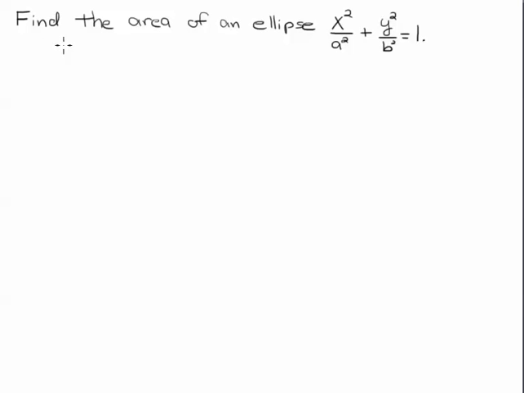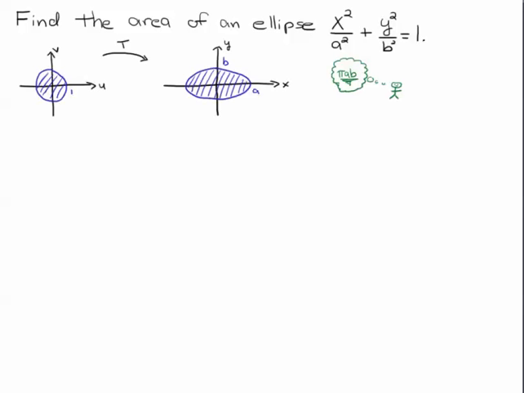Hello students, in this problem we're going to find the area of an ellipse. Now you may recall that the area of an ellipse is pi AB. We're going to derive that result where A is going to be the major axis and B is going to be the coordinate for the minor axis. Now we're going to do so using double integrals,